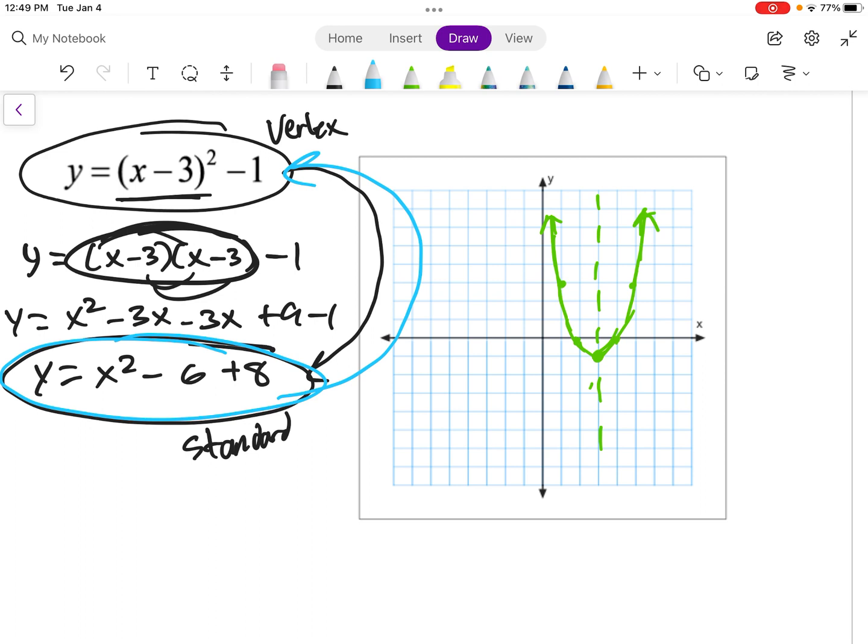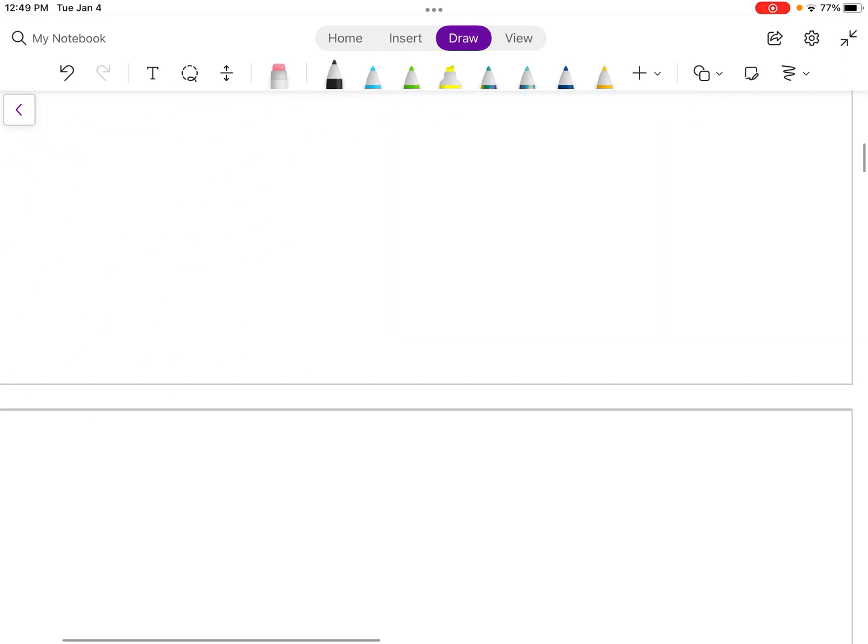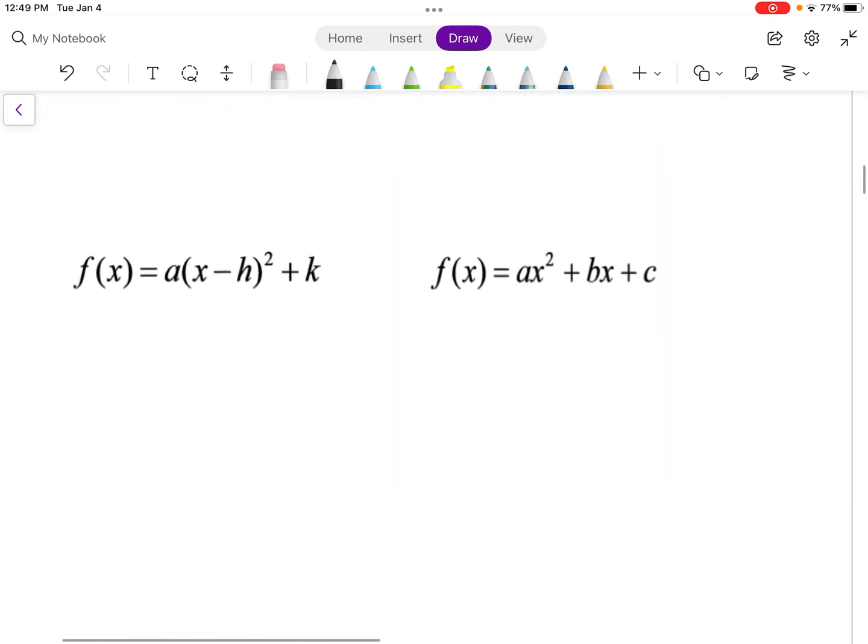And that's really valuable to us because if I look down here at y equals x squared minus 6x plus 8, I can't tell what the vertex is by looking at it. But if I could take this equation and rewrite it in vertex form, then I could graph it really easily. So when we go to graph, it's nice to have it in vertex form. So that's what we're going to focus on right now: how do we go from standard form to vertex form. So really quick, just to review,